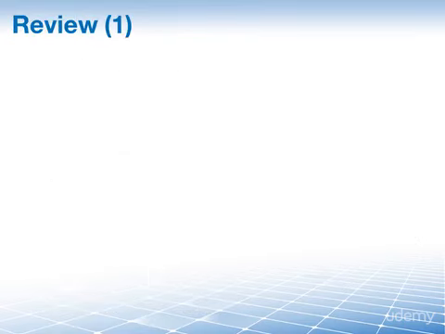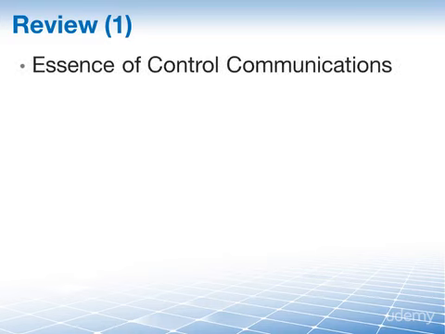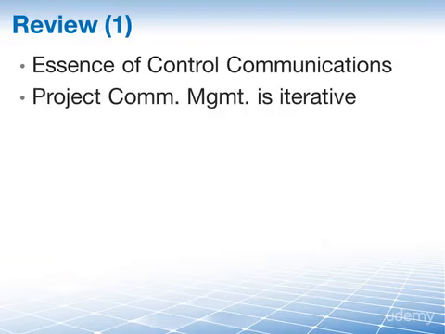Let's review. We covered the essence of the control communications process, how it is all about monitoring and controlling communications, ensuring stakeholder information needs are met, and guaranteeing optimal information flow to your stakeholders. We discussed how project communications management is iterative. Control communications can trigger another iteration of your project's communications management processes, like you're going to go back to planning